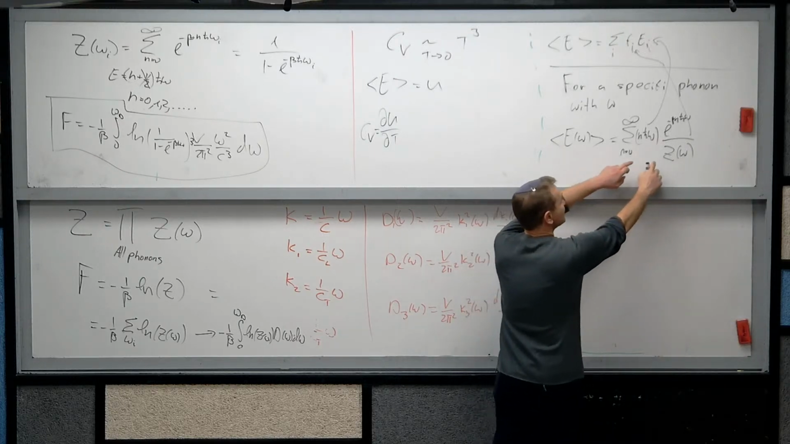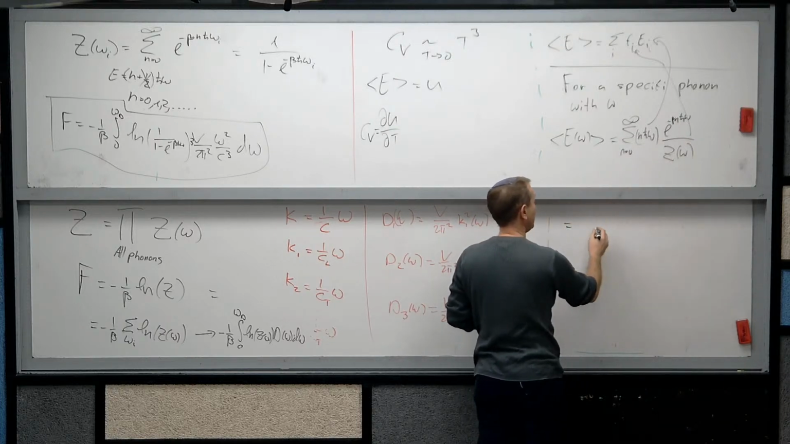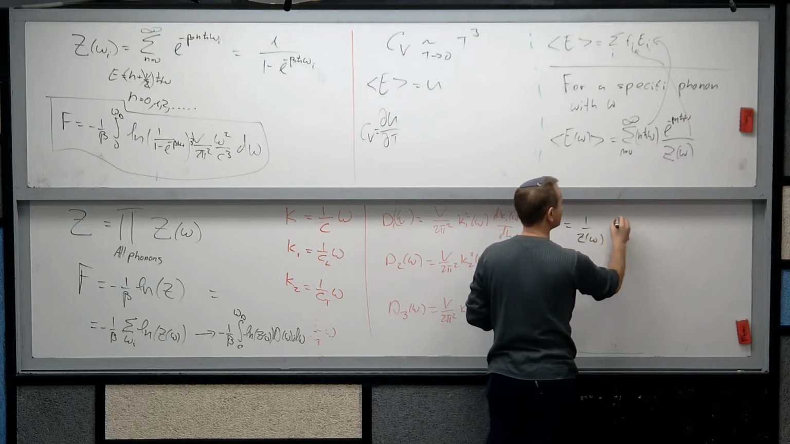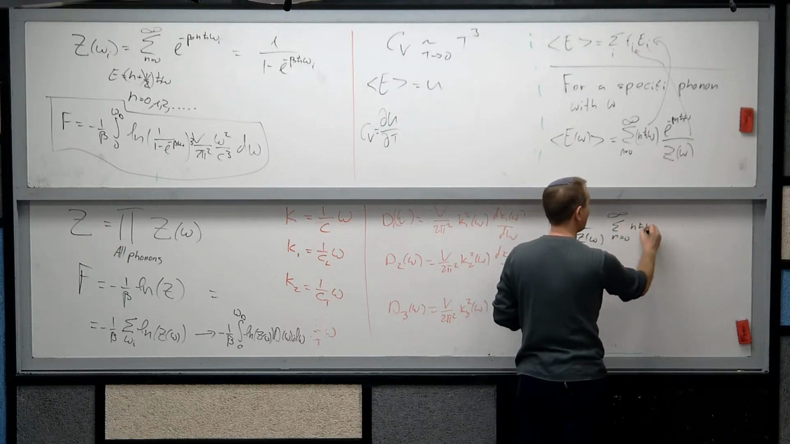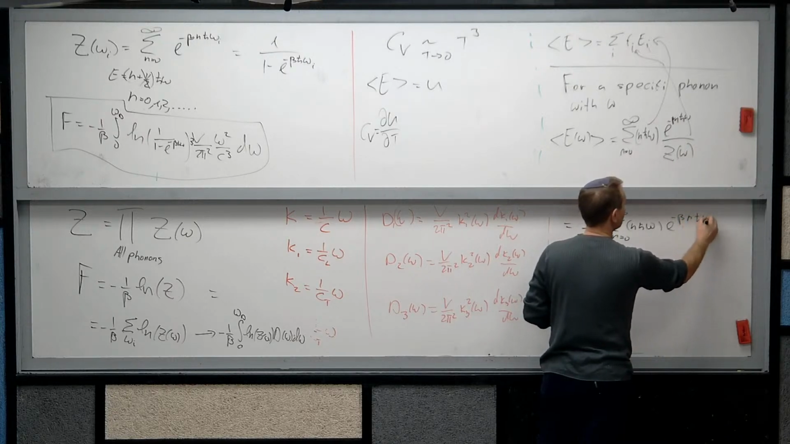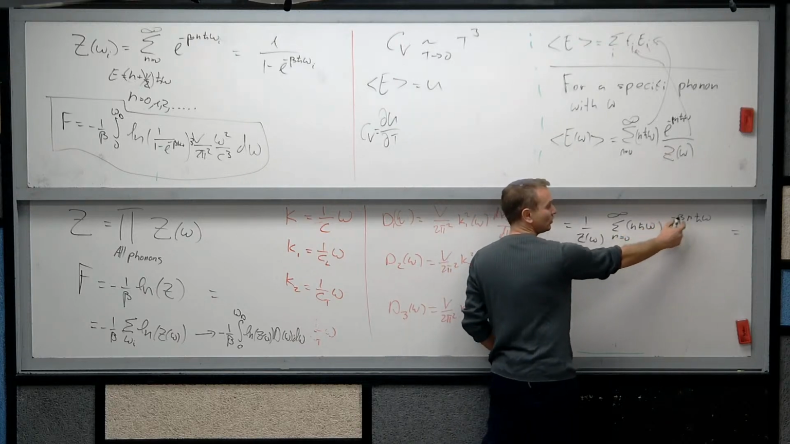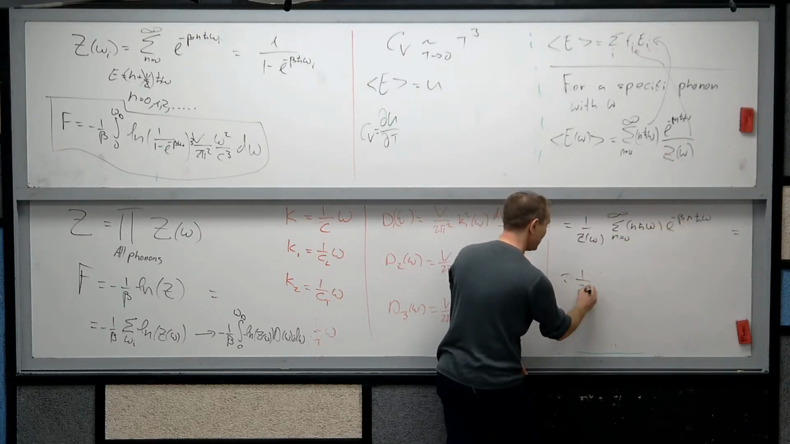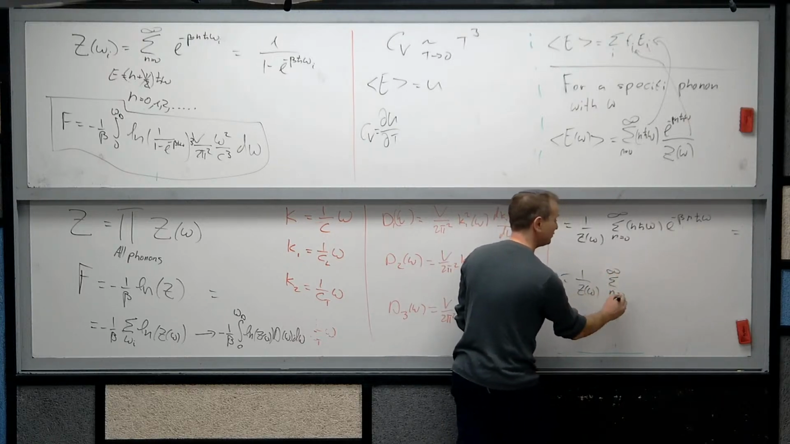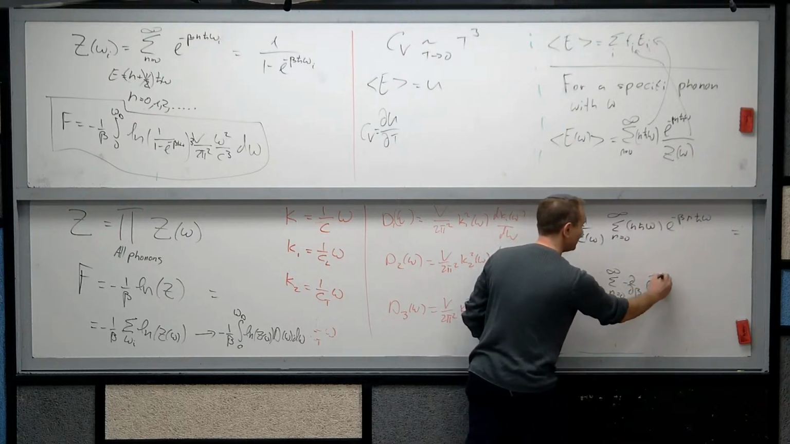Okay, so what is this? We take 1 over Z of omega out, and we have a sum, n goes from 0 to infinity, of n h bar omega e to the power minus beta n h bar omega. It's the derivative with respect to beta, minus. So let's do it again. 1 over Z of omega, sum n goes from 0 to infinity,